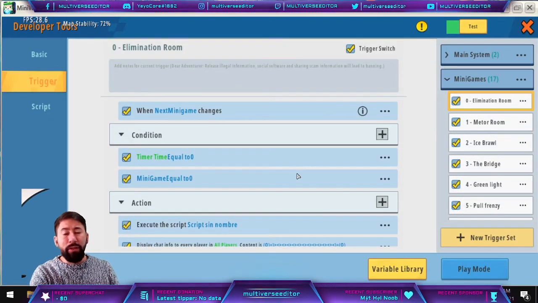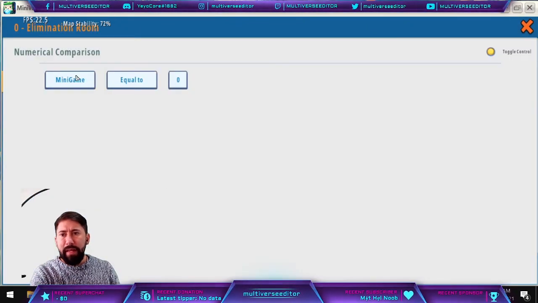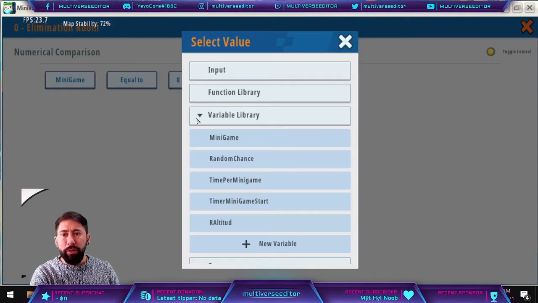And now the second part is to be sure that the minigame, this part is going to be the same that you got for your game when you registered it, okay? And how you are going to do that? Just add here a math numerical comparison, okay? And on here, you are going to select a new variable, and the variable is a value variable, and it's going to be